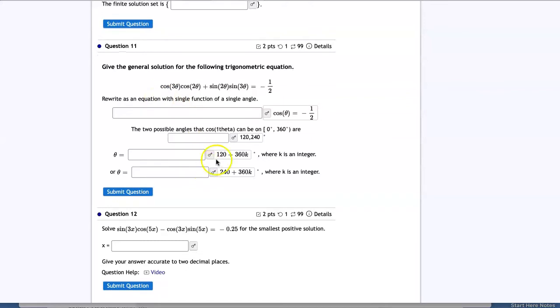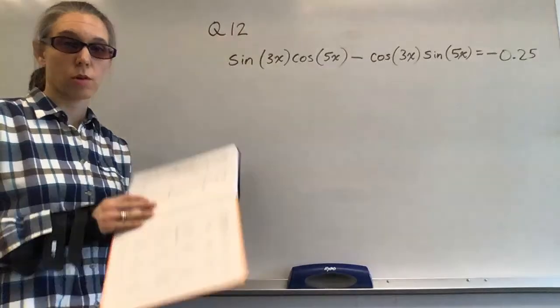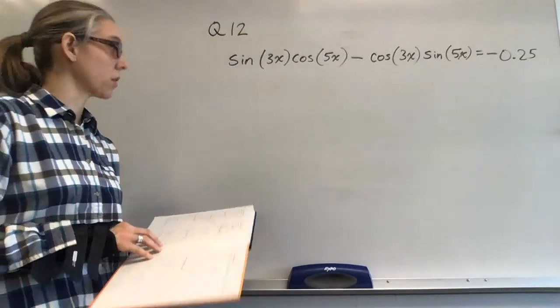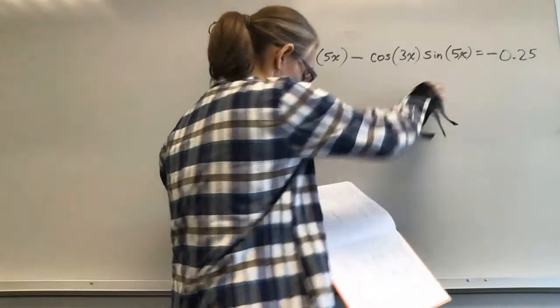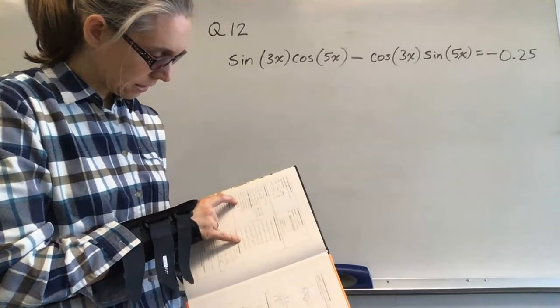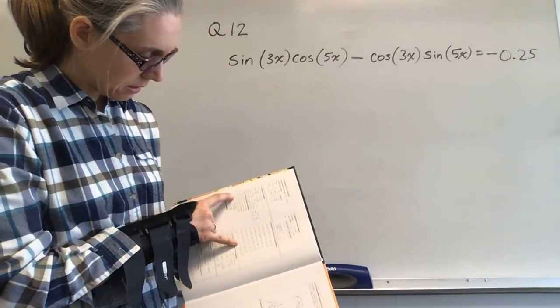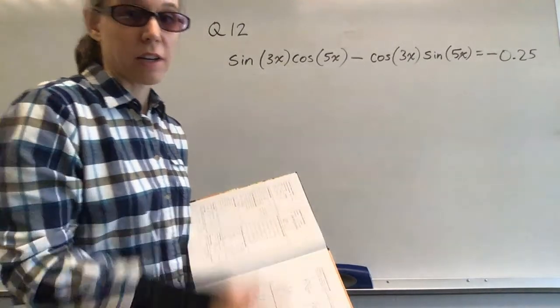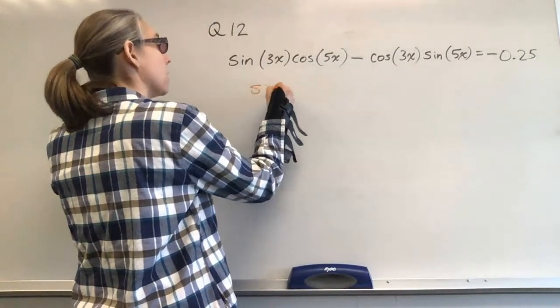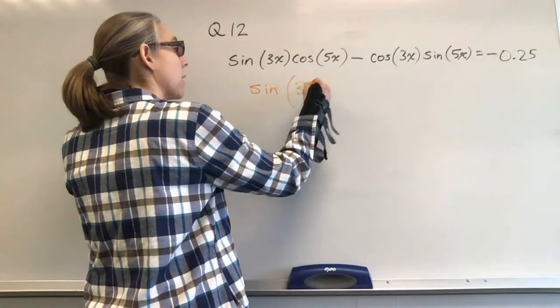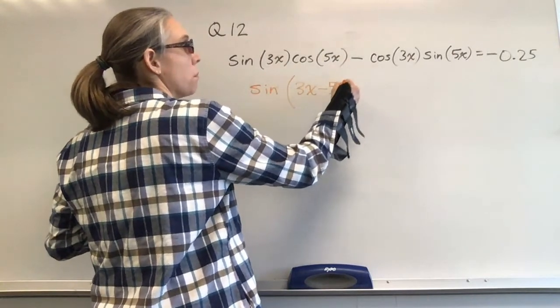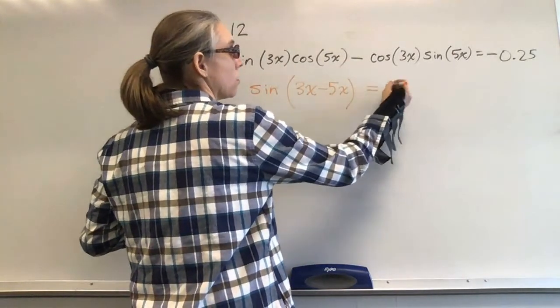So now that you are all geared up for sum and difference identities, let's come to question number 12. I'll do this one on the board. For question 12, I want to start at the back of the book and look for sine cos minus cos sine, and I see sine cos minus cos sine in the sine of a minus b. So that means I have sine of a minus b is equal to negative